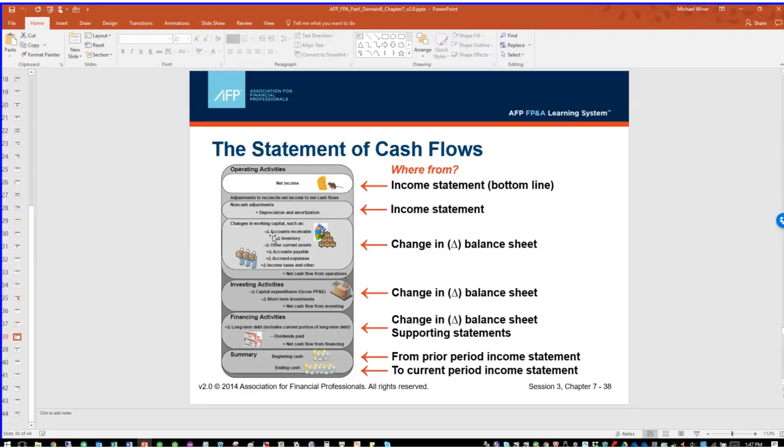Because basically, these are the items that may have been paid in a different period. They're sitting on the balance sheet. And at the point where they change, where they either move off or move on to the balance sheet, they're using or generating cash. So assets, when they go up, use cash. Liabilities, boy, I hope, wait, did I get that right? Assets, an increase in assets uses cash. That's correct. A decrease in assets generates cash.